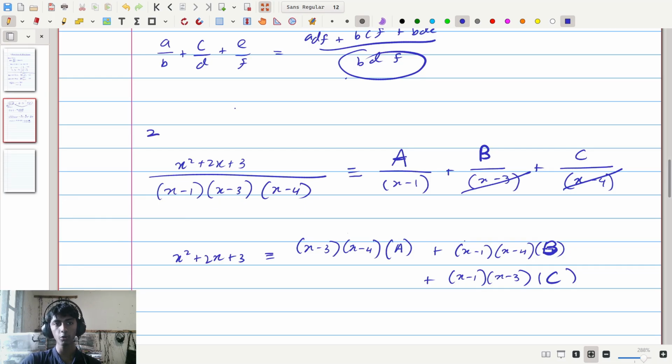So we have an order 2 polynomial divided by an order 3 polynomial. So the overall order of the left hand side is order 2 divided by order 3, which means an order of 2 minus 3, or negative 1, which means that on the right side we need to have the same thing. The order of all of these needs to be negative 1, which means that when we multiply this thing to this side,